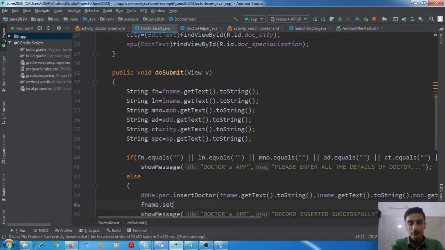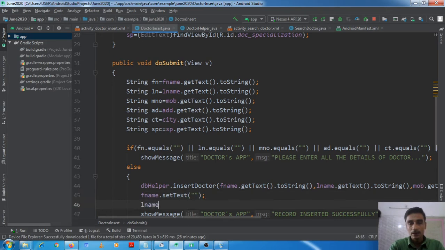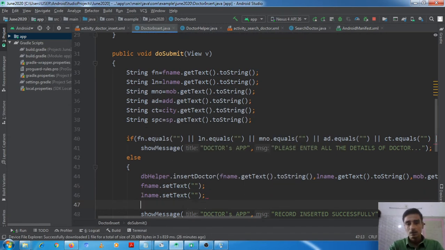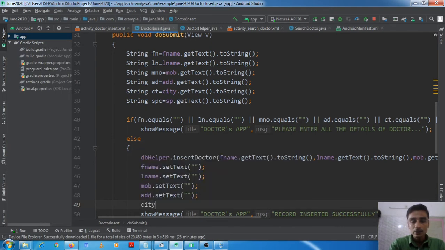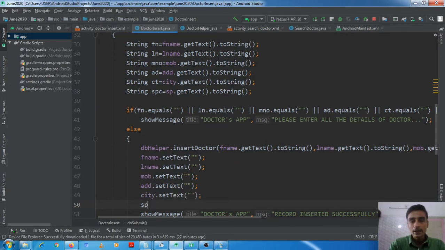fname dot set text, then lname dot set text, then mob dot set text empty, then add dot set text empty, city dot set text empty, and sp dot set text